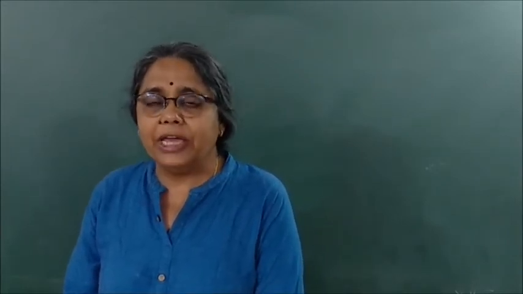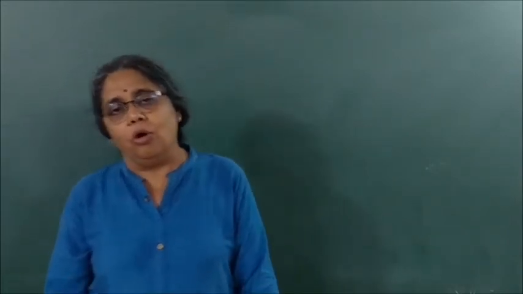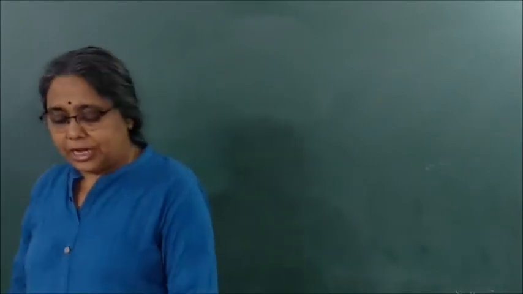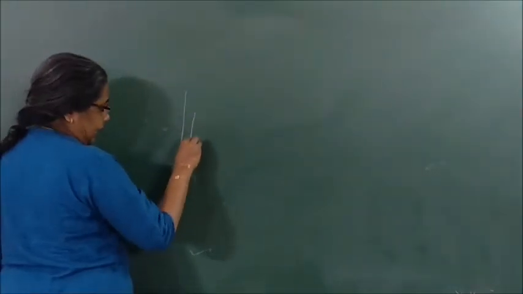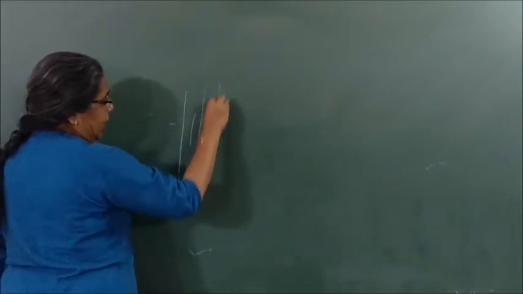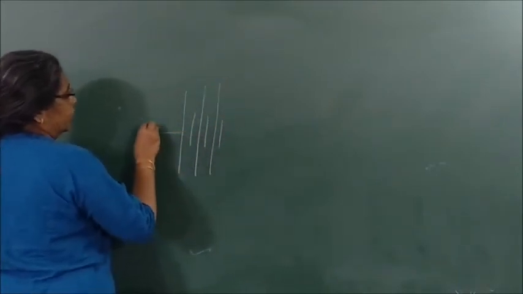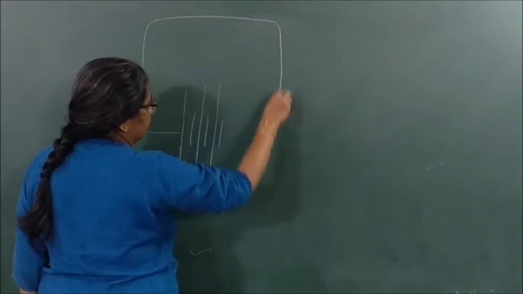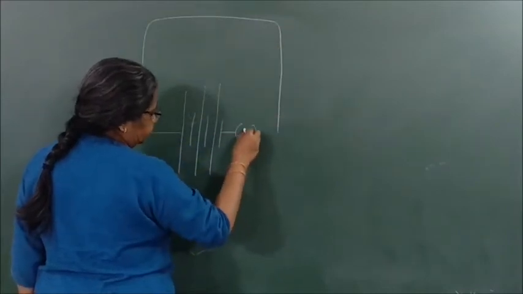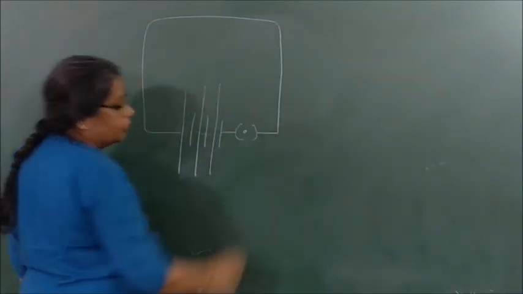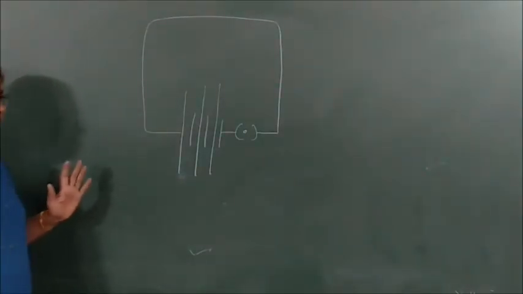In the first page, we studied what experiment? Oersted experiment. Oersted experiment basically proves that when you take a cell or a battery and then connect it to a wire using a plug key, this is what? A standard circuit. I have not put a resistance, rheostat, ammeter and all. If you want, you can put.